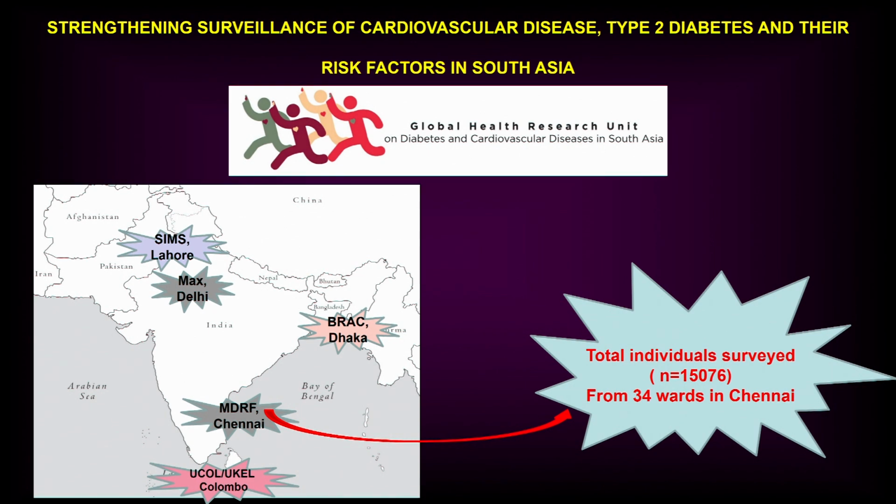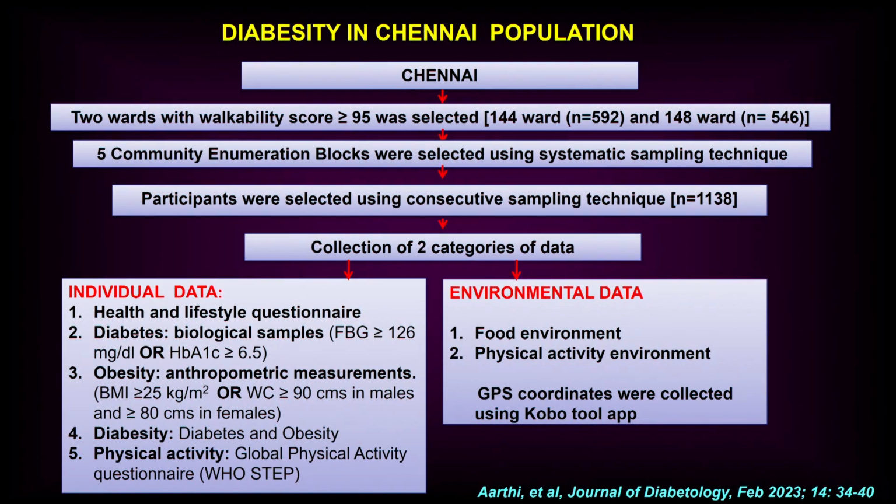In terms of the built environment, this is a 4-country study funded by NIHR called GHRU, the Global Health Research Unit. It's UK funded, and there's India, Chennai, Delhi, then there's Bangladesh, Sri Lanka, and Pakistan. These are all the sites involved in this study. In Chennai, of the 144 wards, we've sampled everything for the surveillance study, but for the built environment study, this is the work of a PhD student called Aarti. So this is what she did.